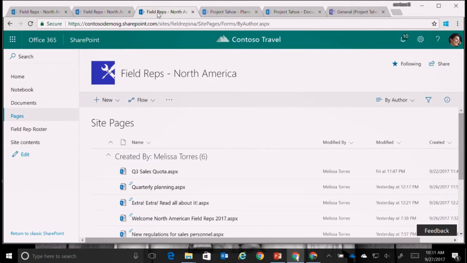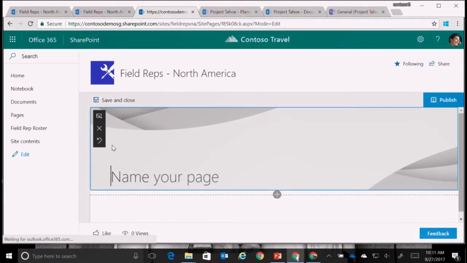I'm going to add a modern page to my current team site. I'm going to go to the pages library, click on new, site page. I'm going to show you how easy it is to build a great looking page that you can use to help communicate information to your team, whether it's news or announcements, or capture other information from within SharePoint or beyond. So let's name this page